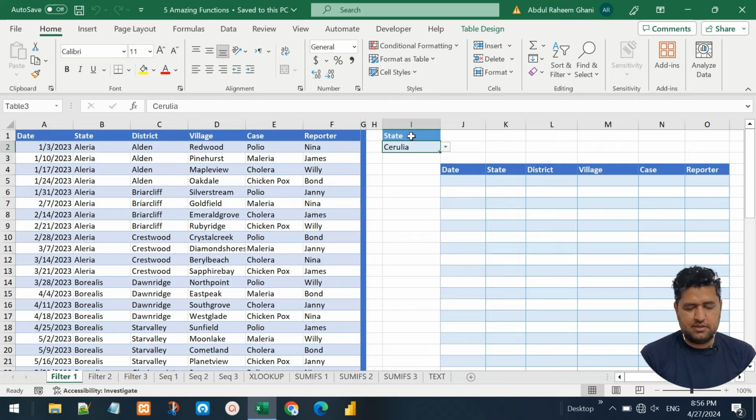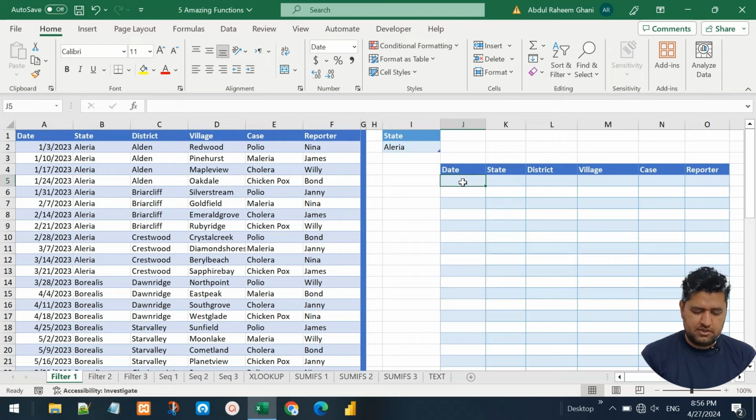For example, in this state column, when we select a state from this drop-down list, we want all the data from this table to be listed in this right side table based on the selection criteria. For example, if I select this first state, malaria, I want all the records from malaria from this table to be listed here. So what I can do is to say that filter,